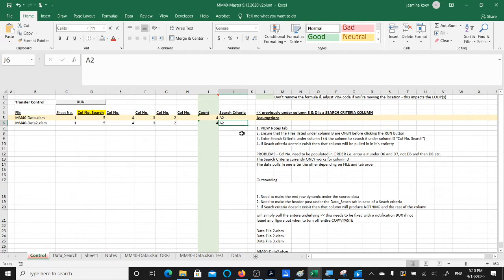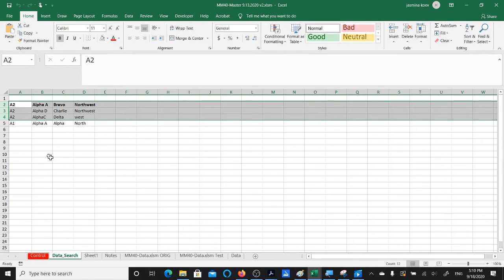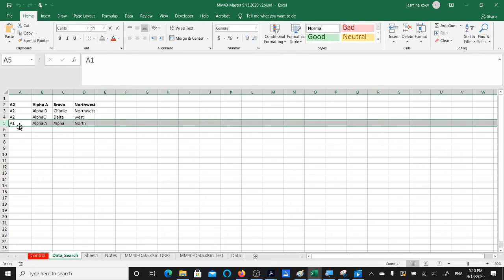I could also search for A1. Here, let's run it this way. I'll run it again. Both the files have to be open, but there's another macro we could run to open the files. And that can be just added to our main master macro here. And so I go to data search, and you can see here's A2 pulled in, and here's A1. Right now,